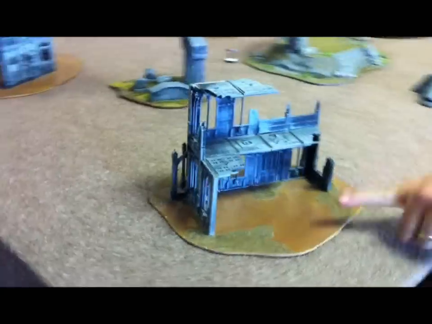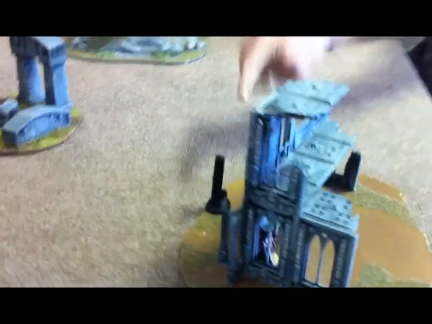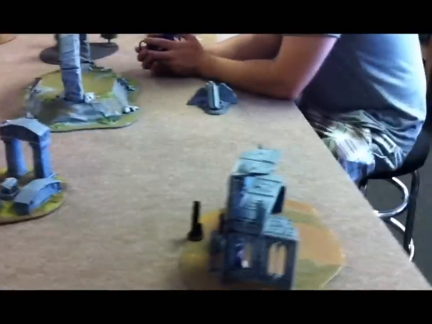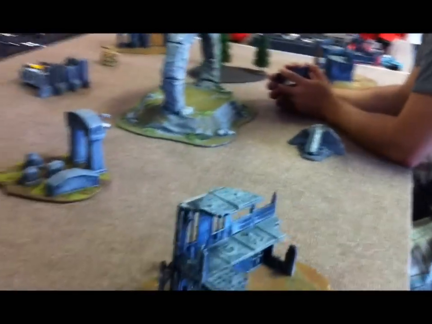Back here, what do you got? Mephiston's hiding in the corner behind this objective. This is one objective. We've got our second objective. Is the third one behind the little Rune Priest Rhino? Fourth. Fifth, little Blood Legion totem right there. And then I guess besides Mephiston, the rest of the Blood Legion army is off the board, but coming in,